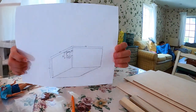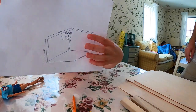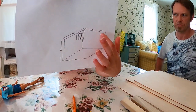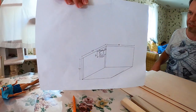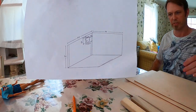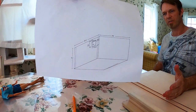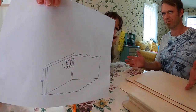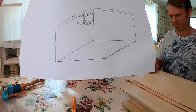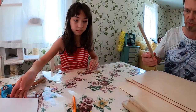So what we're gonna make is 50 centimeters wide, 45 centimeters deep, and 30 centimeters tall. That's roughly 1 foot tall by 18 inches long and 20 inches wide. Alright, so the first thing we're going to do is a little bit of